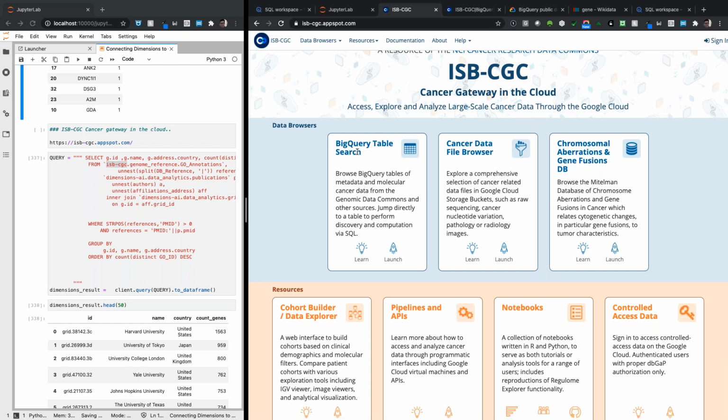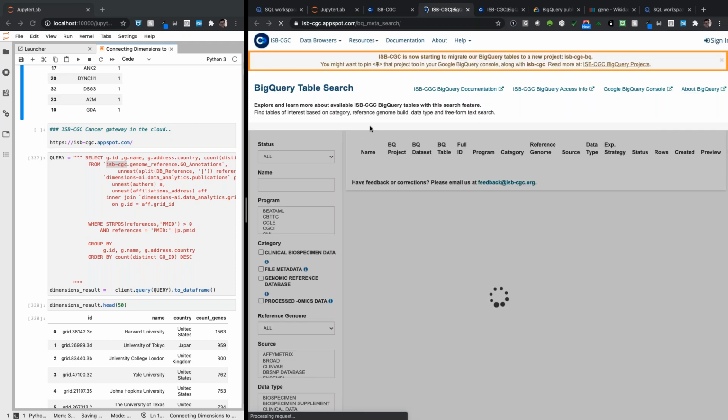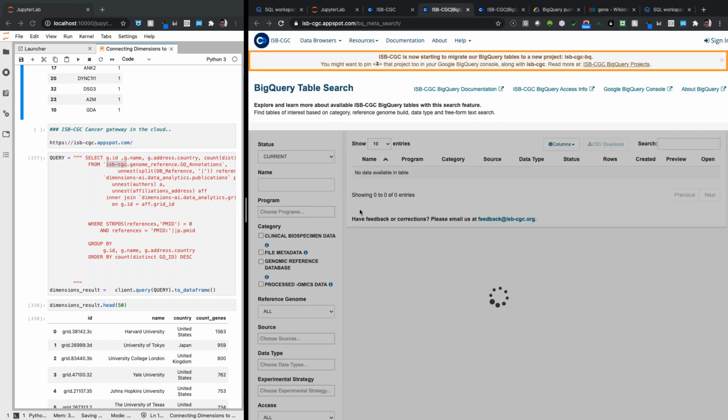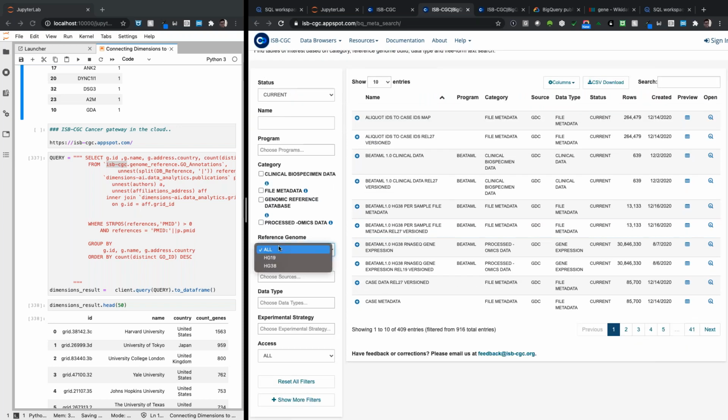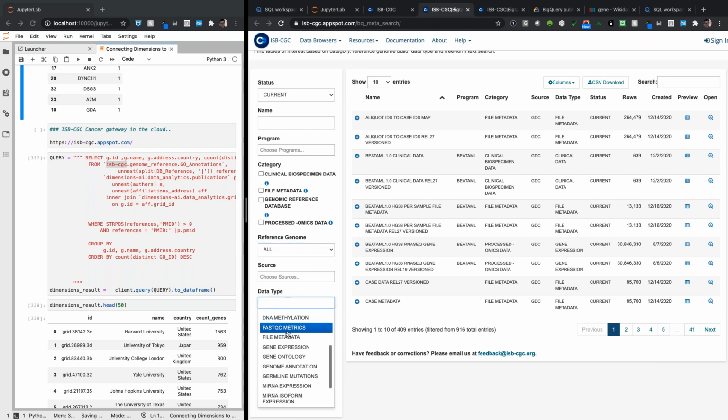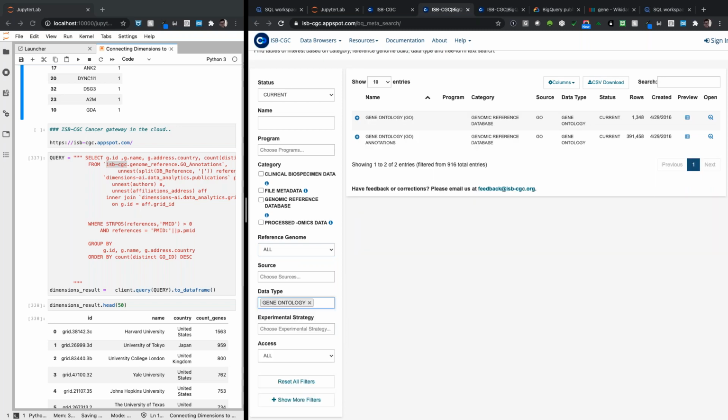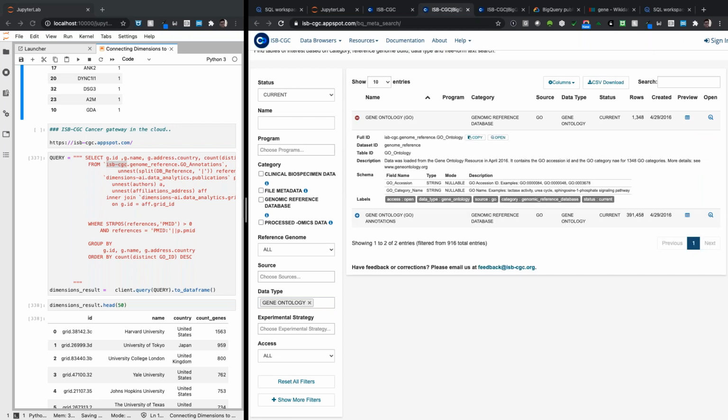Most of this information is in BigQuery, and if you do happen to know a little bit about that, then ISB CGC gives you a really good search of all the different sorts of data that you could possibly find. And what I'm interested in is just expanding on the example that we had before. We're going to look at some gene ontology data, and we're going to look at the gene ontology, which has,